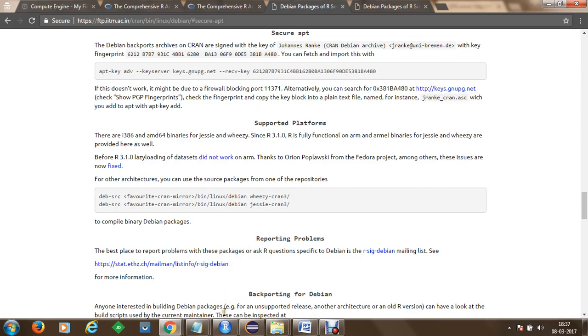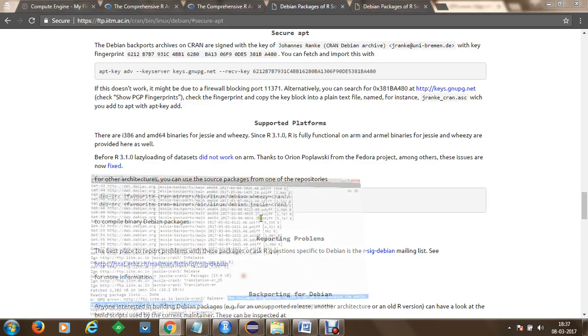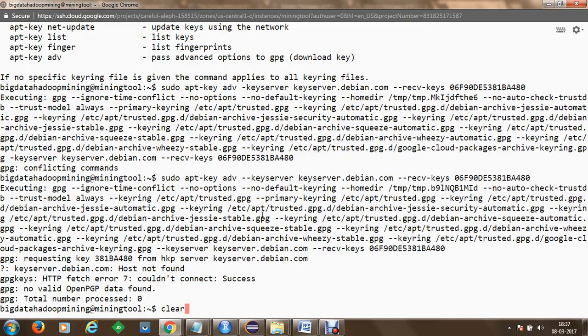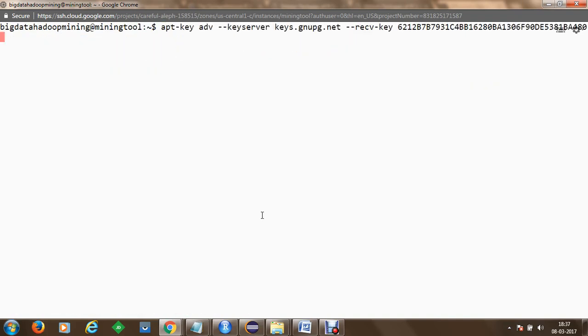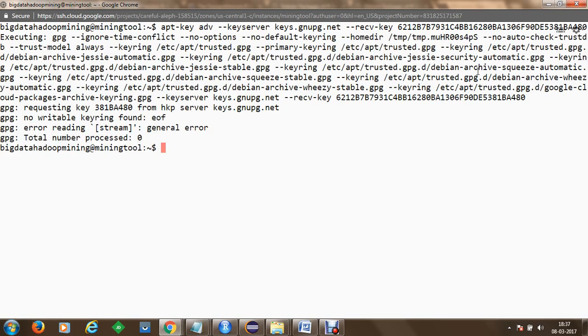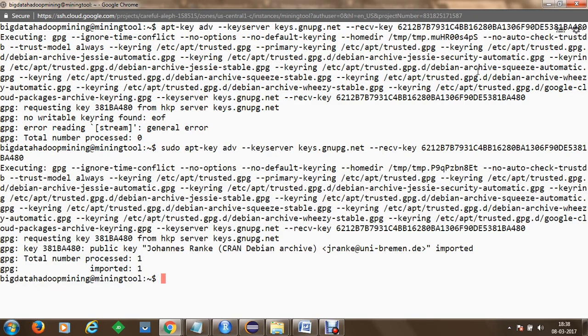To do that, we can proceed to our Linux installation. We can clear the statement, and here we can paste and download the key. Once the key has been downloaded on your machine, we can proceed to update.